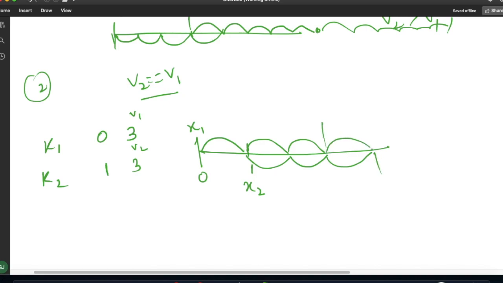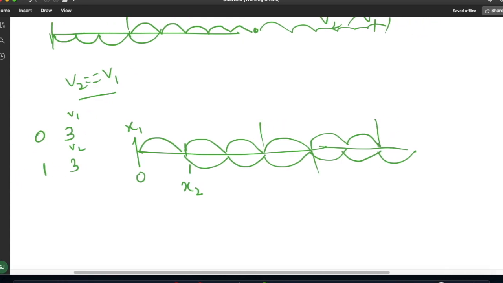Again x1 will jump 1 2 and 3, second iteration. And for x2 you can see first, second and third. So you can see whenever v2 and v1 both are equal, they will just move ahead but never meet each other. So they will never meet. Again if you draw the third iteration, 1 2 and 3, it will reach here, and again 1 2 and 3, we are getting the same pattern, so they will never meet.